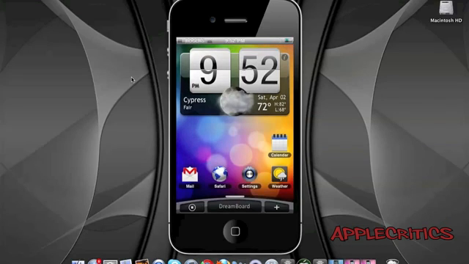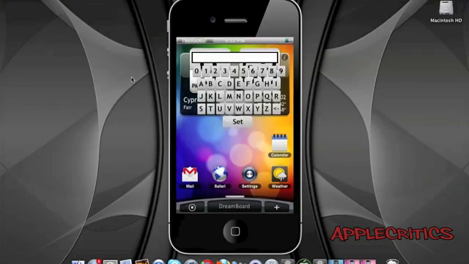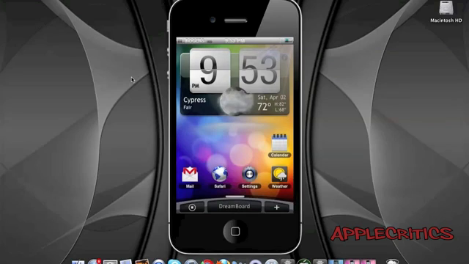And beside the time, you can see that there's an eye right there, so you can actually change the city that it's saved to, and you do get a custom keyboard, just like an Android device. Now, also, you do get the icons just like the Android device right there, and you do get a very